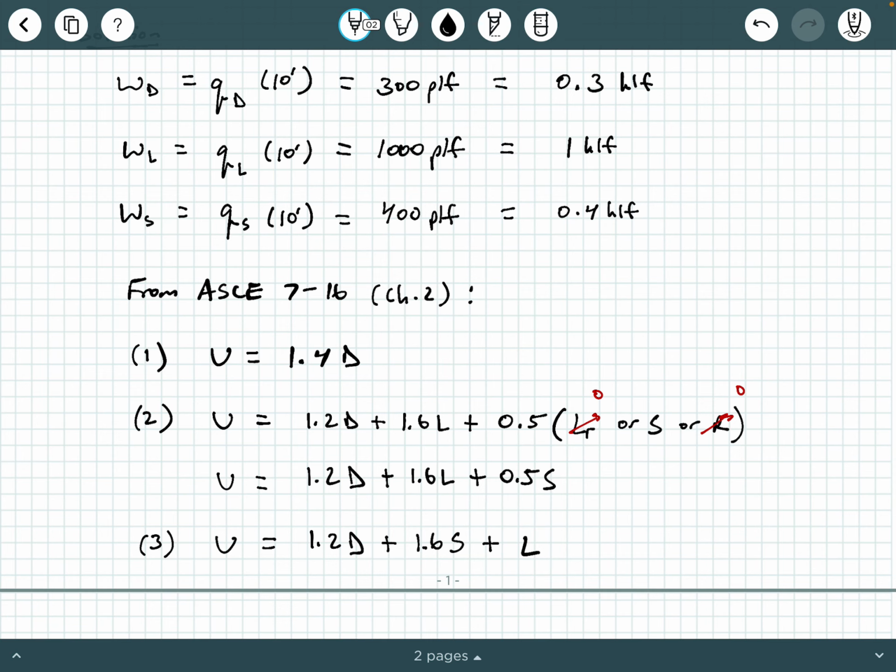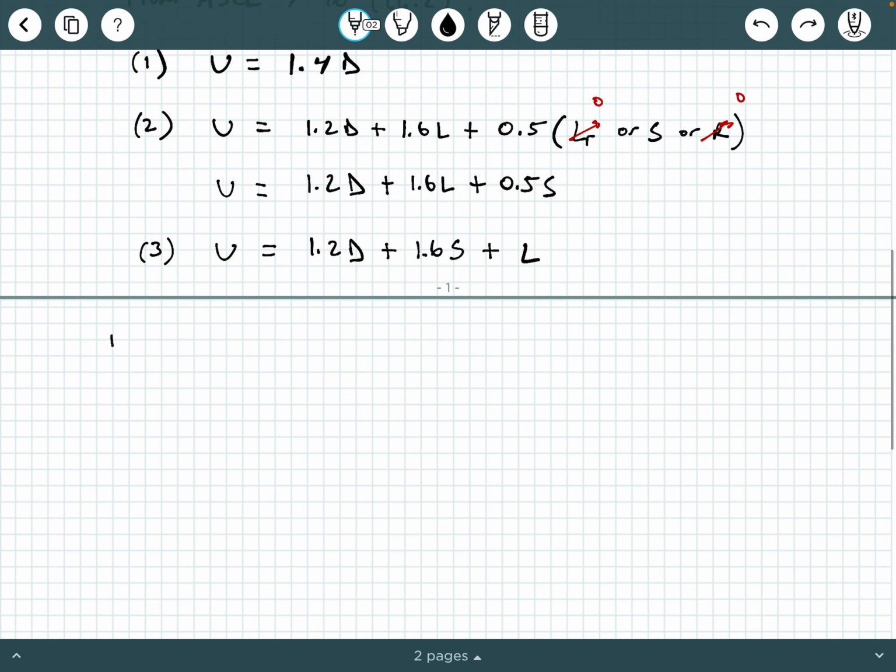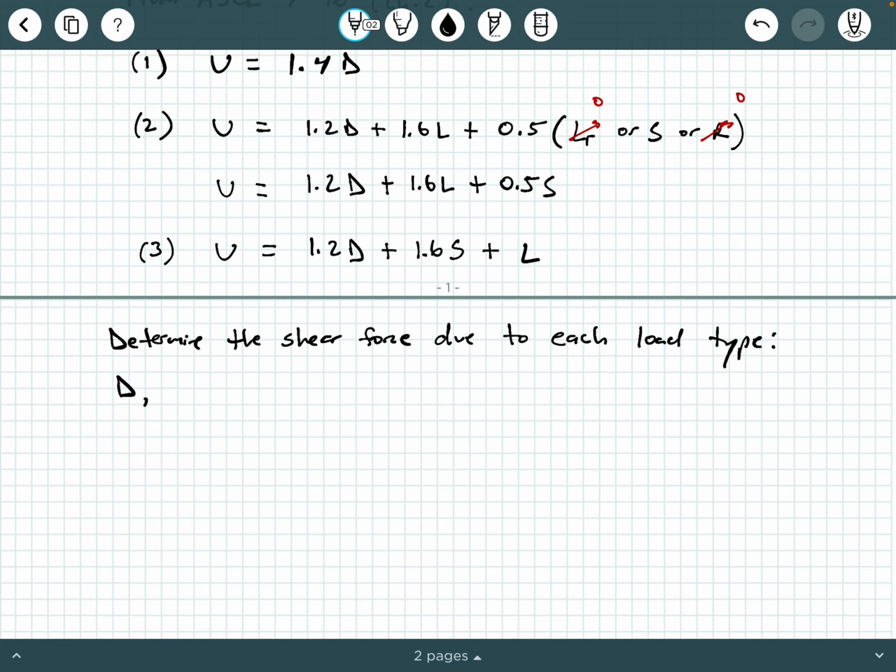So what we're going to do is determine the shear force due to each load type. Okay, so that's dead, live, and snow